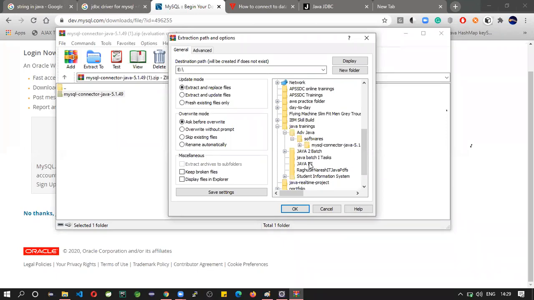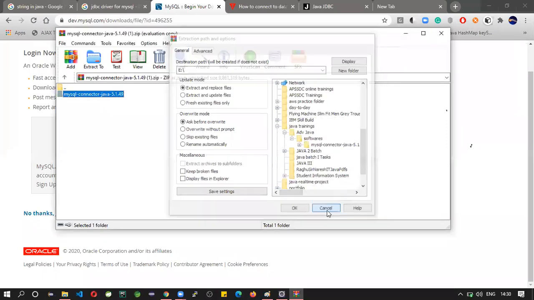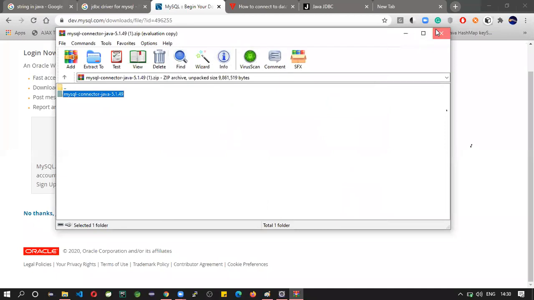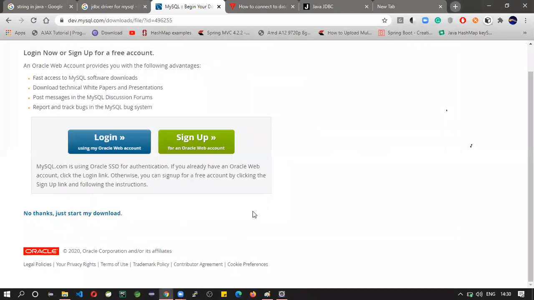Wherever you want to store the jar file, select the appropriate location and click OK. I'm not saving this again, so I'm clicking cancel. You can mention your location on your system. This is the only thing you need to download.